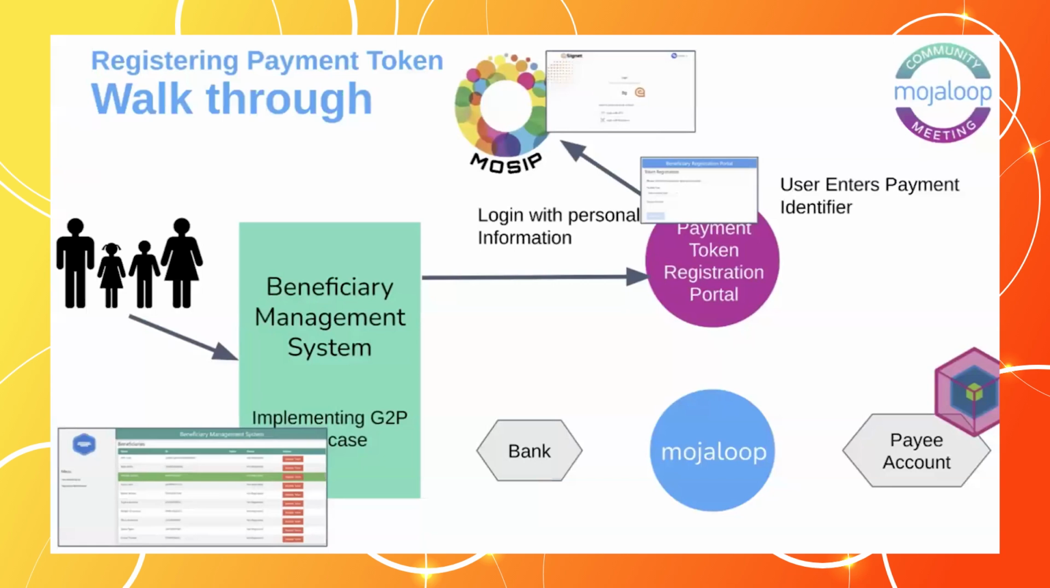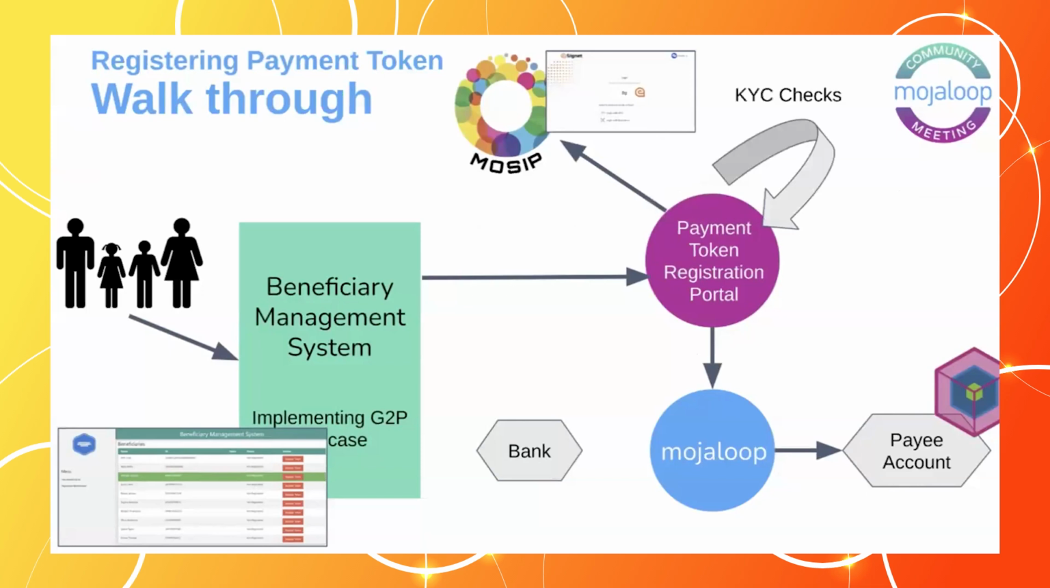will be linked. And when the user provides all needed details, the token registration portal will do a discovery call to Mojaloop to check if this account exists and get some personal information. As a minimum, it could include the person's name, but optionally, it could include full name, date of birth, and any number of KYC information. So having these two pieces of information about the user, the portal will do KYC checks, and